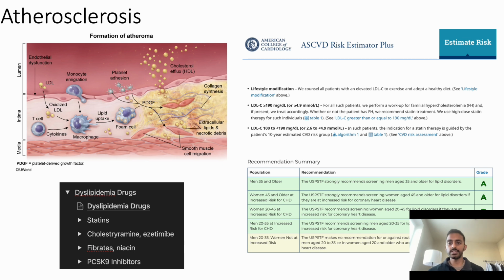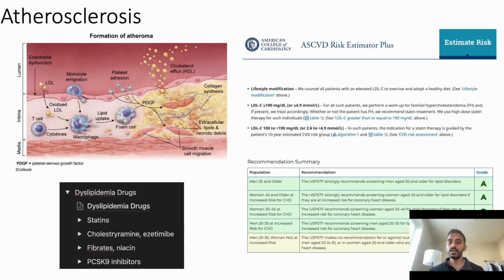So atherosclerosis is a thickening of the intima due to plaque in medium to large vessels. It's most often due to lipid deposition. So just to review pathogenesis, there's first endothelial dysfunction, where LDL can enter the intima of the arteries and become